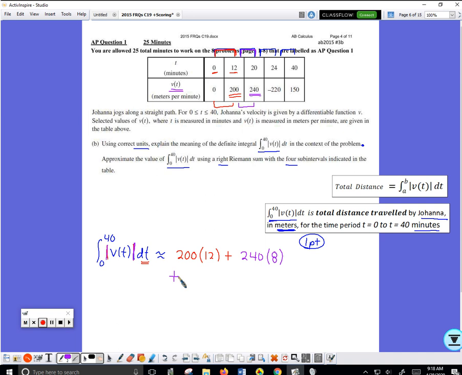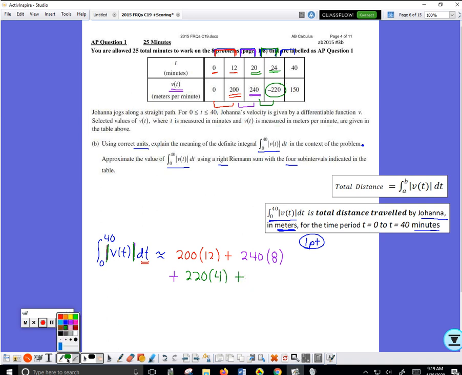go to the next subinterval. This is where they try to trick you, because this is negative 220, but you're going slow and careful, so you don't forget the absolute value. Absolute value of negative 220 would be positive 220. The dt for this subinterval is only 4, plus